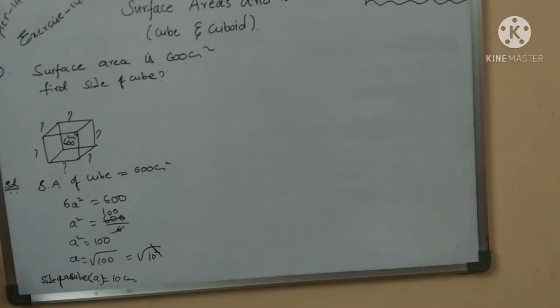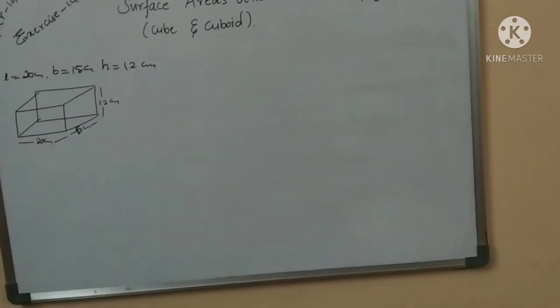Okay, next the third problem, do it as homework. Now the fourth one. Look at the textbook, students, exercise 14.1, third problem, just explaining it for homework. Pramila painted the outer surface of a cabinet that measures 1 meter, 2 meters and 1.5 meters. So different measurements are given, and we know that it is a cuboid. Find the surface area if she painted all except top and bottom.